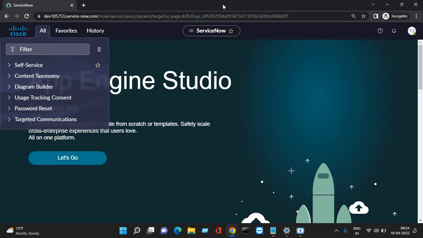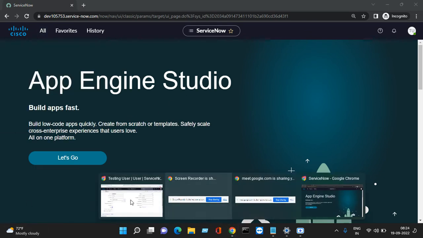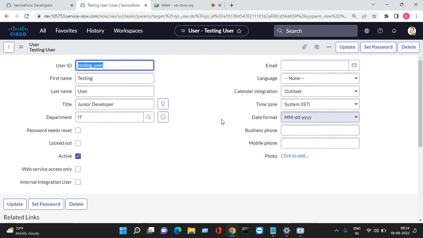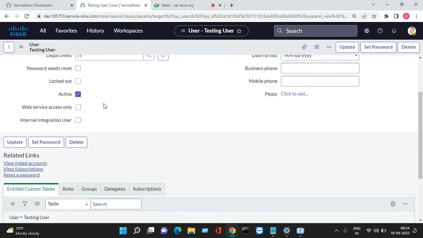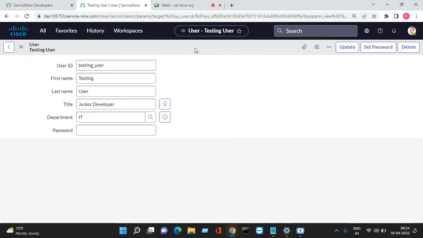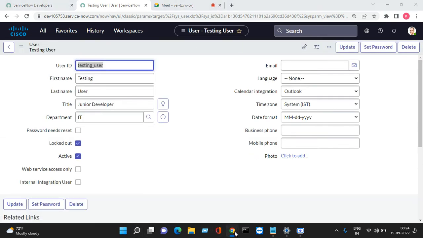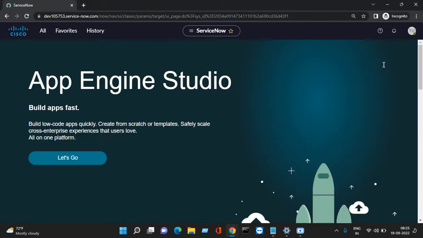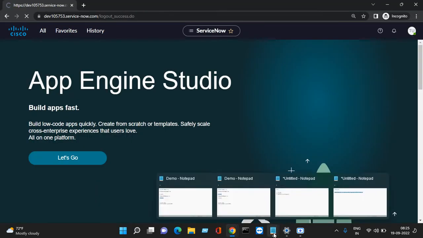So now, what we have to do is we can do the same thing for it. For example, you can see here we have a column called locked out. If I make locked out as true and save it, so now what I'm going to try is to log out here,